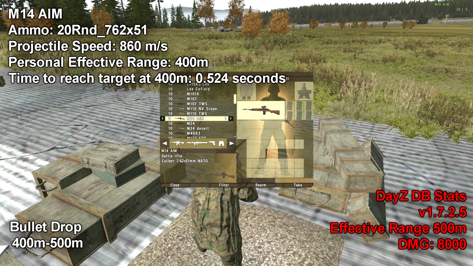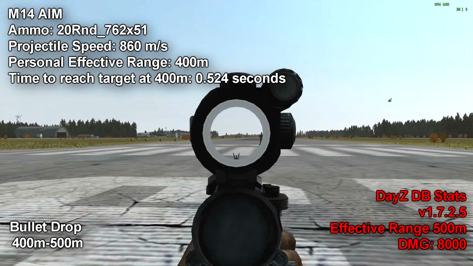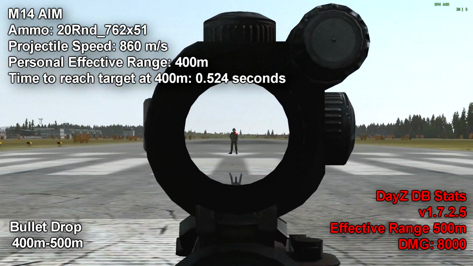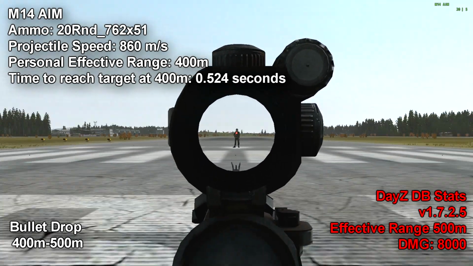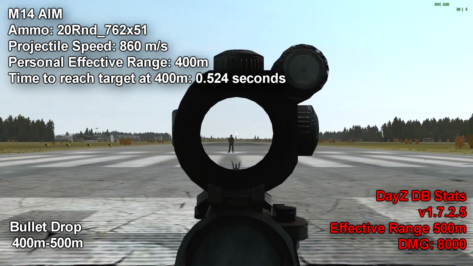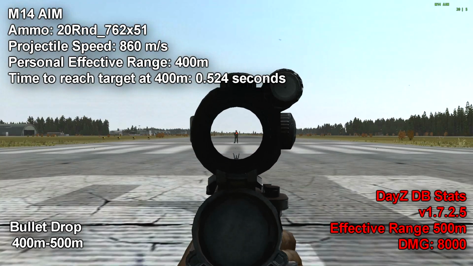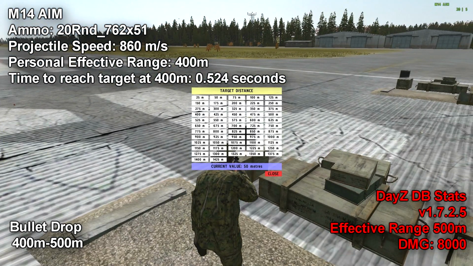Alright, the M14 AIM. This is a battle rifle, and it uses the DMR mags. You have a 20 round magazine, and what's interesting about this weapon is that the scope does not zoom in. I mean, that's zoomed in, but it doesn't have crosshairs. It has a red dot, and there is no zeroing, so it's at default whatever it is. And with a DMR round, you would think the max distance would be about 800 meters, but to start off